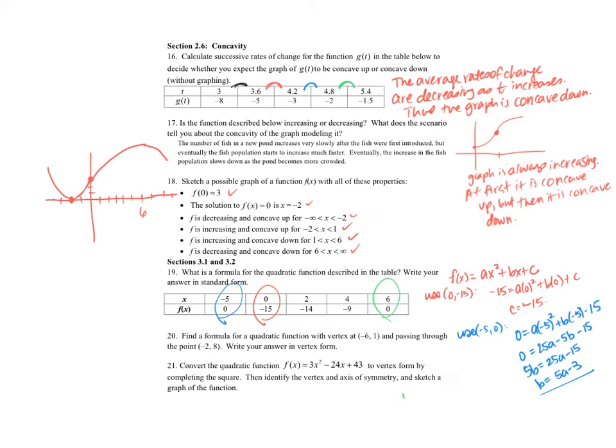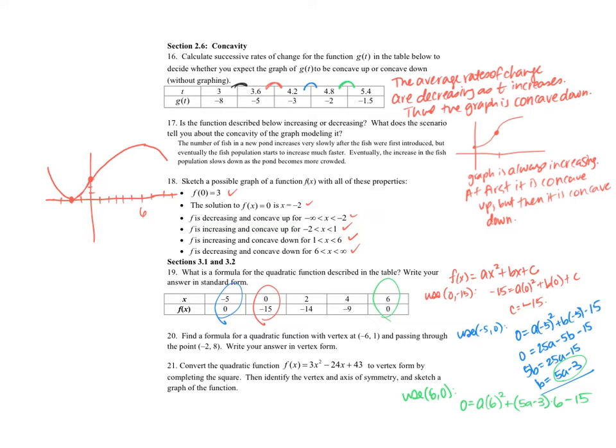So we're going to use 6, 0, and so that gives us 0 is equal to, and in place of the b, I'm going to put this in this time. So I'm going to do a times, the x is 6 squared, plus, and in place of b, I'll put 5a minus 3, and then in place of x, I'm going to put the 6, and then minus 15. So now I have an equation that's just a, and then I can use that to